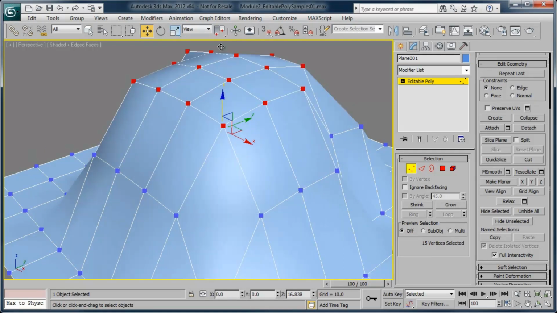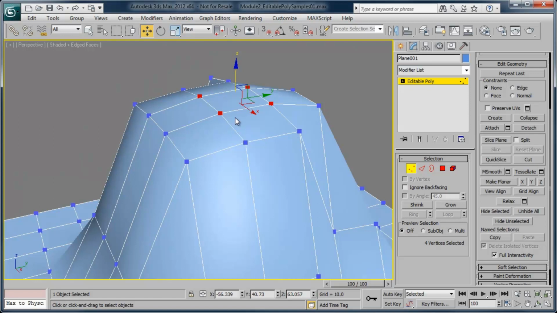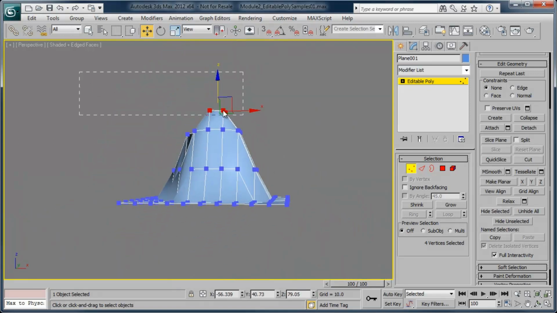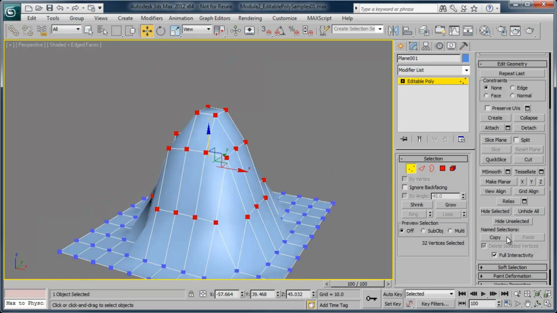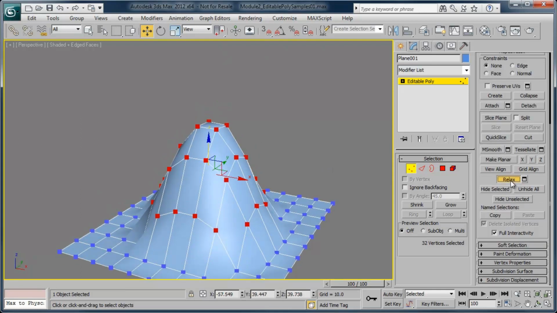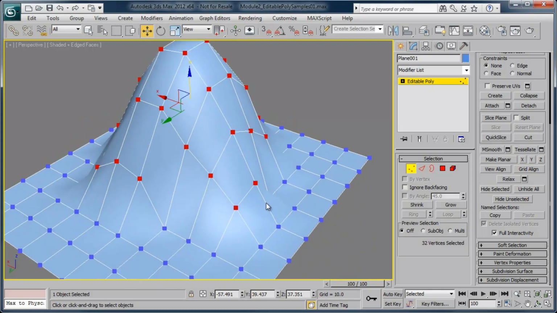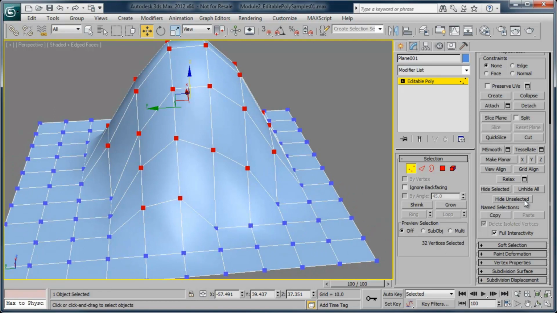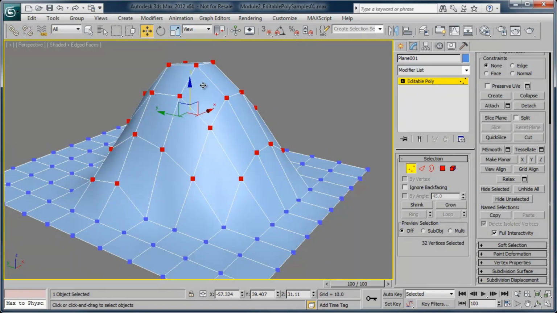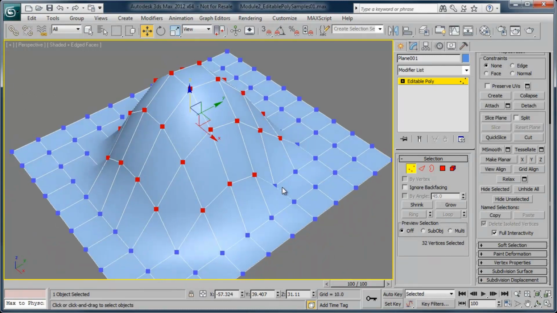down just a bit more to get a hilly, mountainous looking scene here. Let's pull these verts up even more. What this will do is we grab them and then we can relax it by clicking relax, relax, relax. And that helps to more evenly distribute the vertices so that the distances are closer to one another correctly. Now you will notice that it distorts the size and scale of our original mountaintop, but